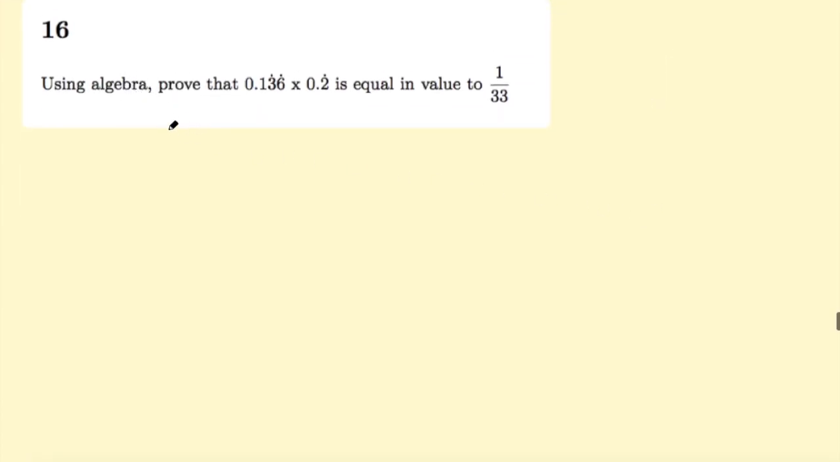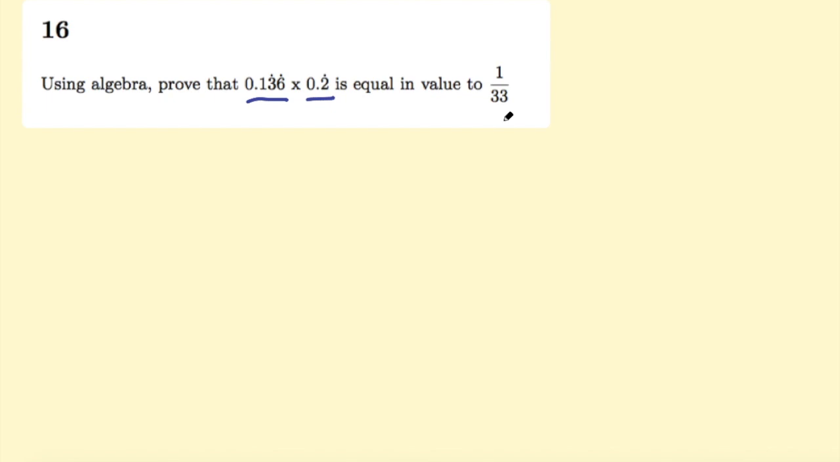Question 16 says, using algebra, prove that 0.136 with the 3 and the 6 recurring, times 0.2 recurring, is equal to the value 1 over 33. So don't be fooled, even though this is a calculator exam, it says use algebra, so we can't just put that into a calculator, press the SD button and say done. We need to show what this is as a fraction and what this is as a fraction algebraically, and then multiply them together to get 1 over 33,